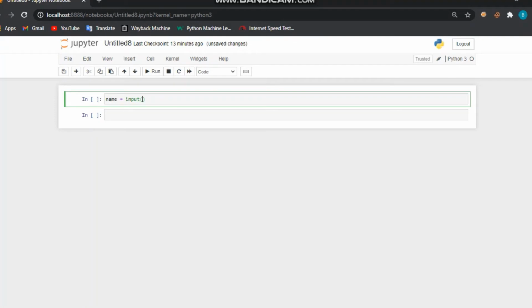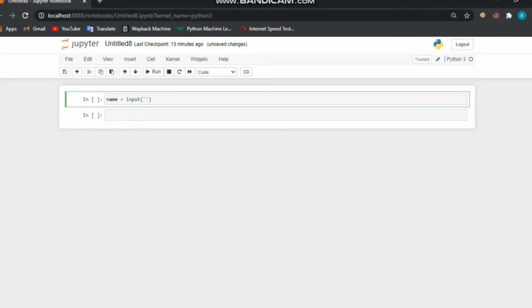Input, then open brackets, then you put, now we want to send an information to the user before he enters the name. So we have to put quotation marks. You can either put the single quotation marks or the double quotation marks, any one you feel like. So enter your